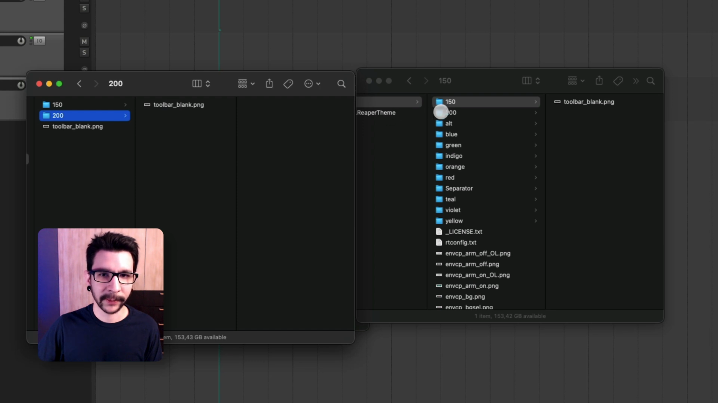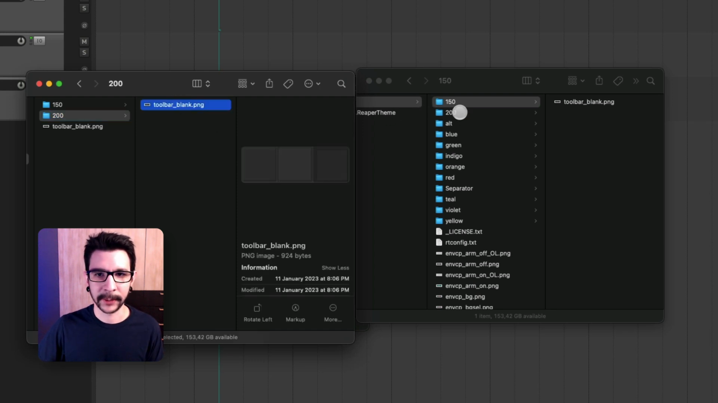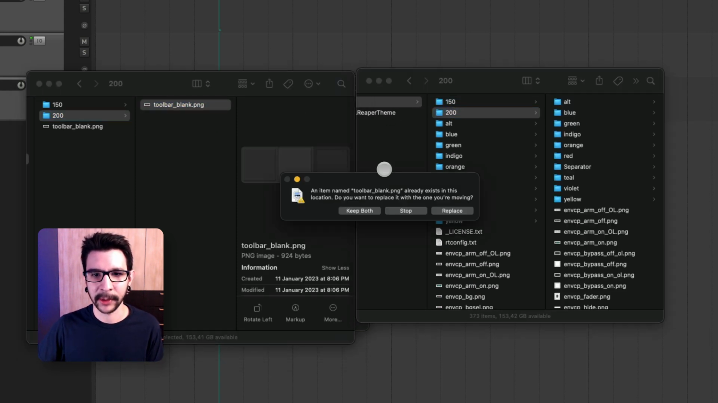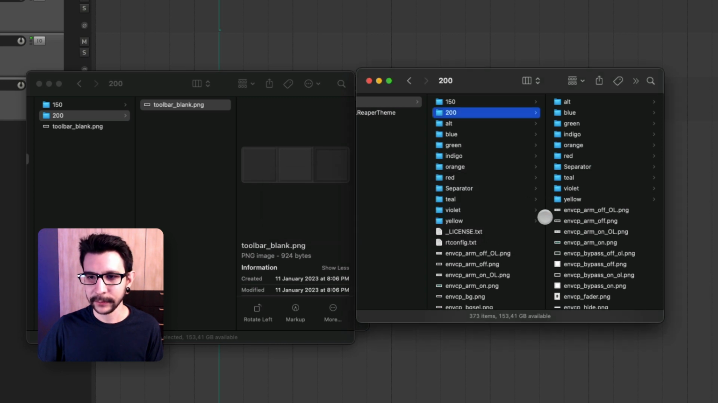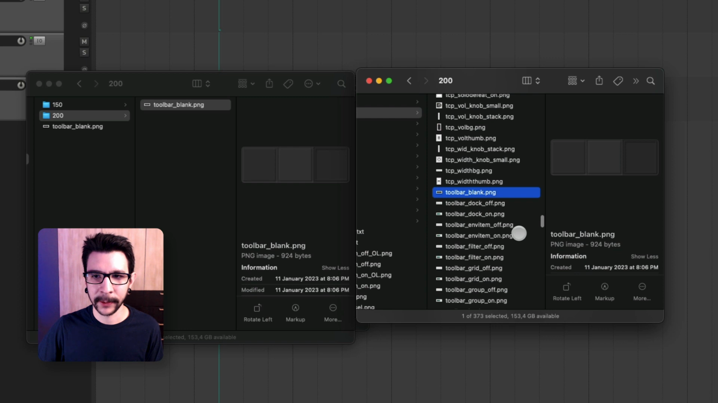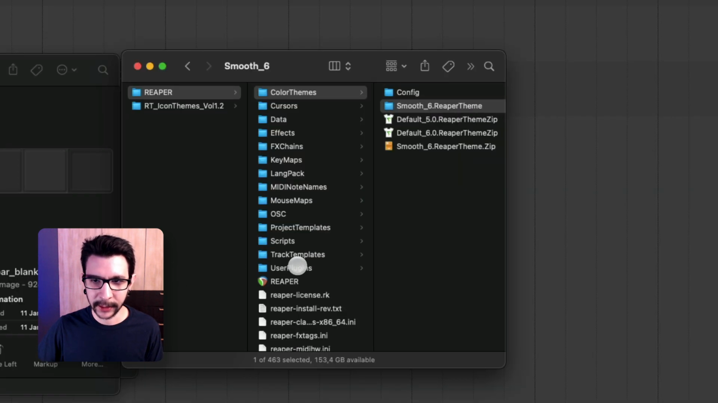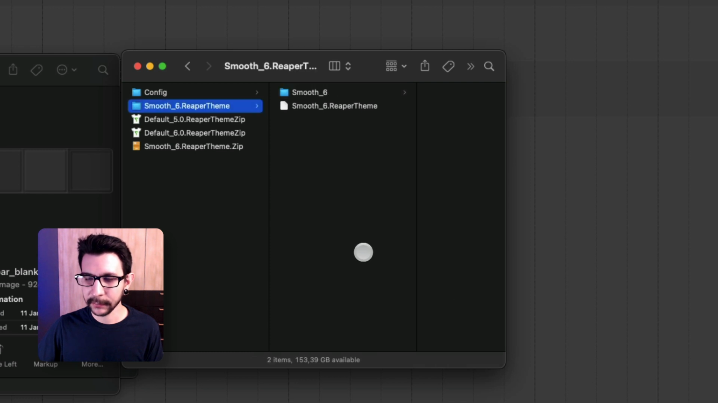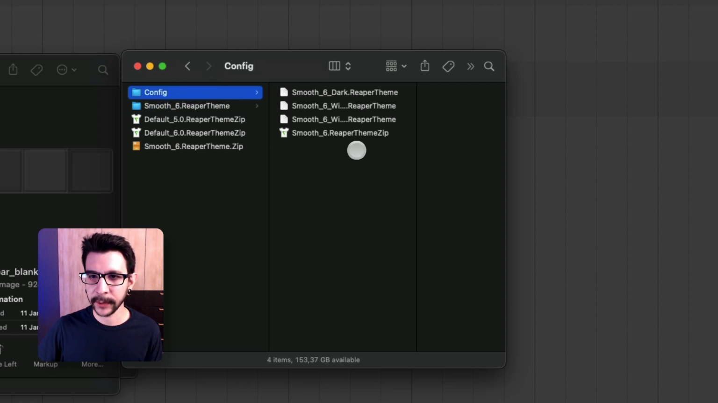And then the 200 folder, you can do the same. Select that folder and paste that one in there. So all of our toolbar blanks should be there. You can confirm that it's in there, and yes, it's definitely in there. And that's it. Now, some of you might have this problem where I believe the original theme comes with these